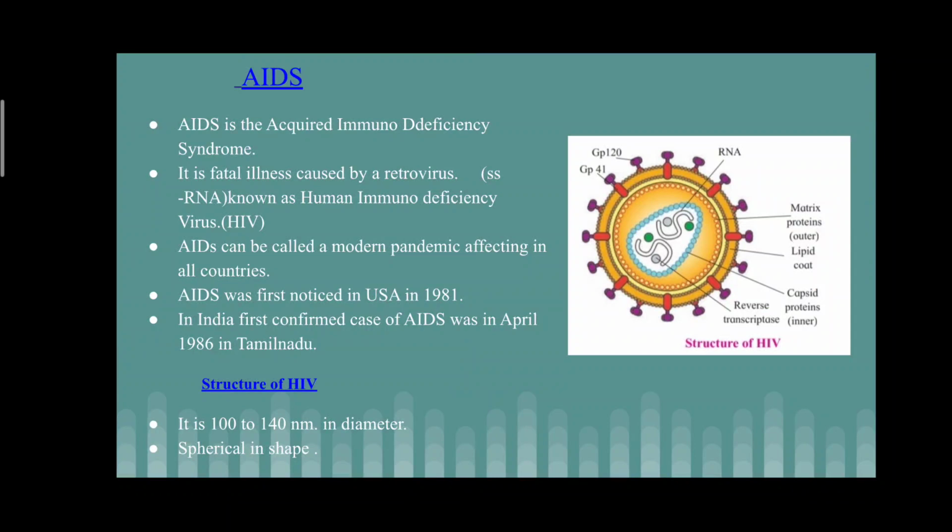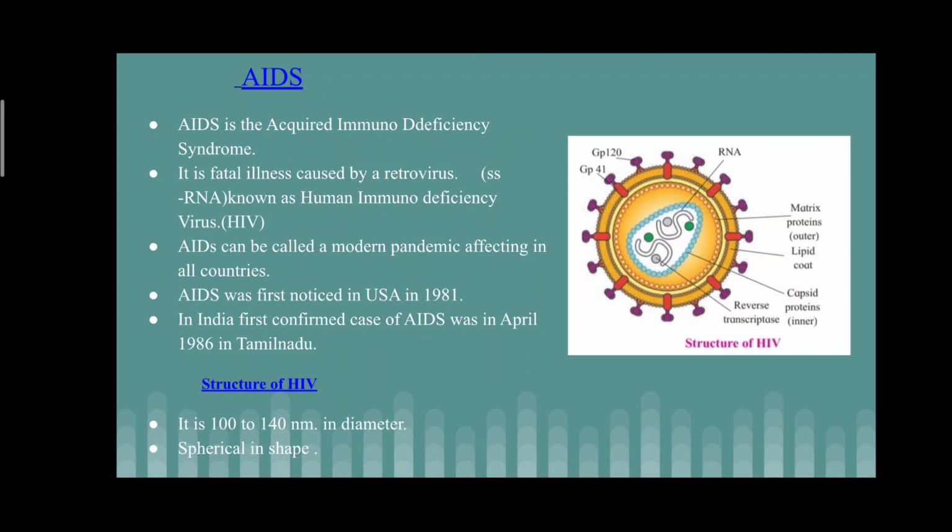Actually, it is spherical in shape. It is 100 to 140 nanometers in diameter. The virus particle shows centrally located two single-stranded RNA molecules along with the reverse transcriptase enzyme. That enzyme is important. It is covered by two layers of proteins. The outer layer is of matrix protein, that is, see in the diagram, P17, while the inner layer is capsid